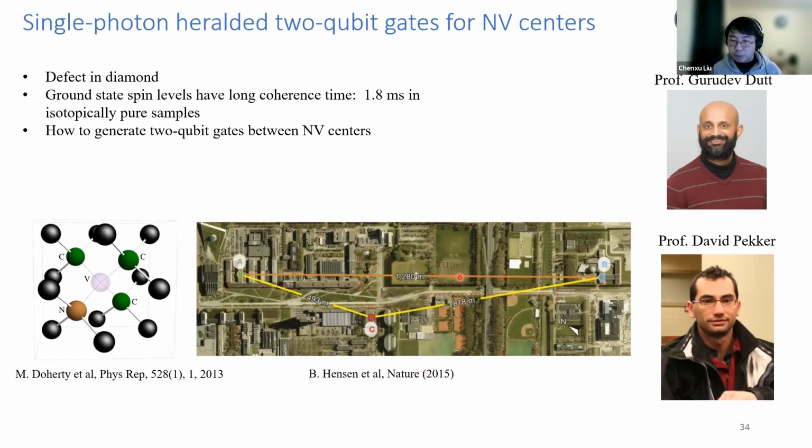So I think in this work, the distance between the two NV centers is like 1.4 kilometers. So then we started thinking whether we can do something similar and more interesting, like can we perform single qubit gates, like Hadamard single qubit gates, rather than just entangle the two qubits together. So that is one of the projects I worked on with Professor Gurudev Dutt, and also with